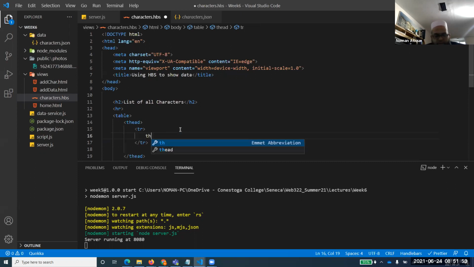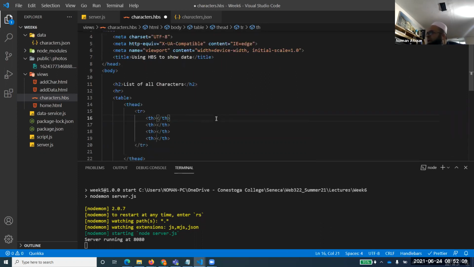I hope you people know about this, the shortcut of creating these tags. I hope you have used them. There are lots of shortcuts that you can use in your Visual Studio Code, and this is one of them. Are you people familiar with this one? Creating the code by writing just one line and then expanding it. Other than Alex, if someone is familiar, yeah, I knew it. I'll repeat that as well.